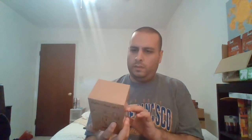It's called Escape, is the theme of the April box. So the next item is this Fallout. I do have one from a Loot Crate box, if this is the same thing, a kind of statue bobblehead. I don't recall what it is, and I don't have it around. It's at my work actually. This one is